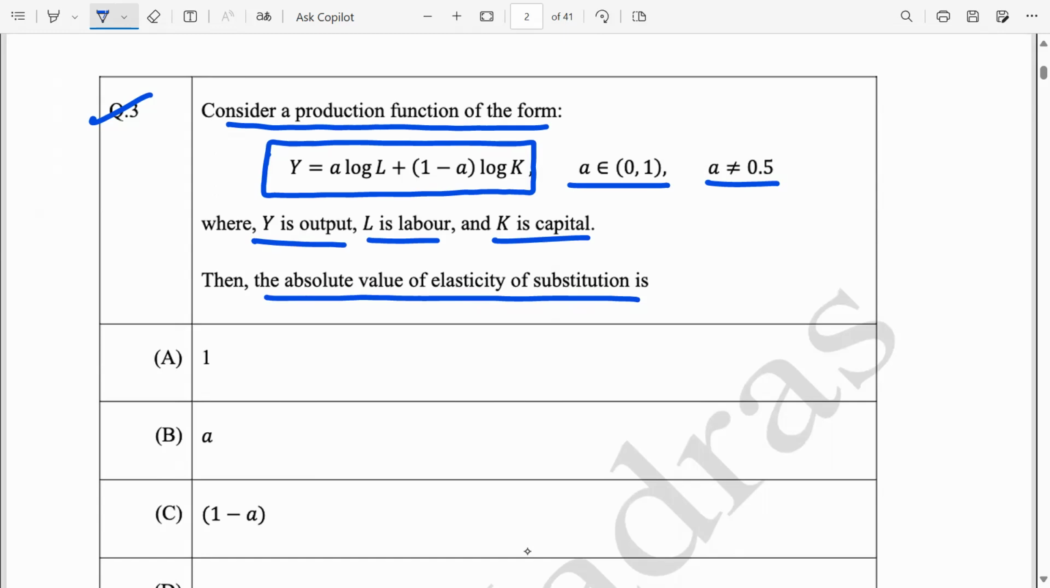Again, I have covered all this in my lectures in the intermediate microeconomics course. Elasticity of substitution simply captures how the K by L ratio changes when we move along the isoquant. That means when the slope of the isoquant changes, when the rate of technical substitution changes, how K by L will change. So if I quickly come to the whiteboard to solve this,